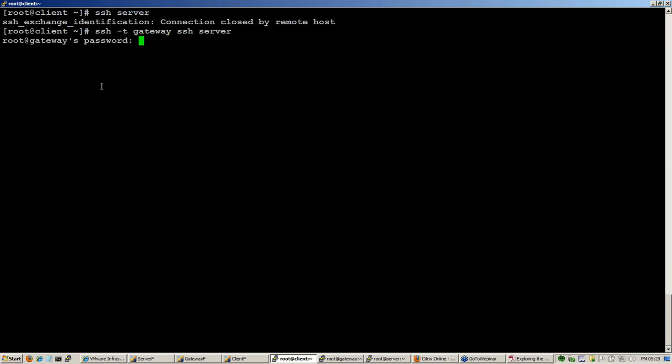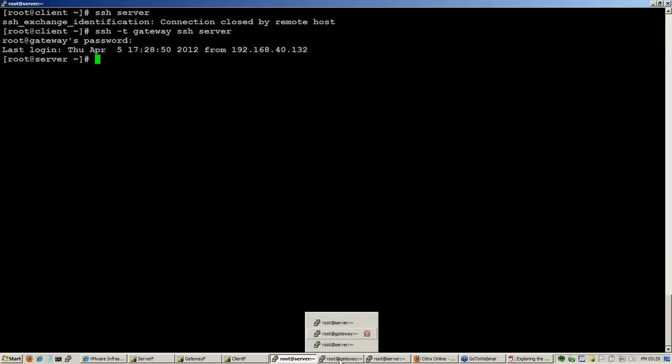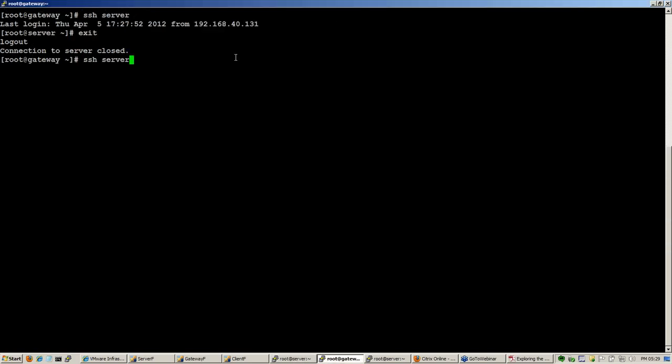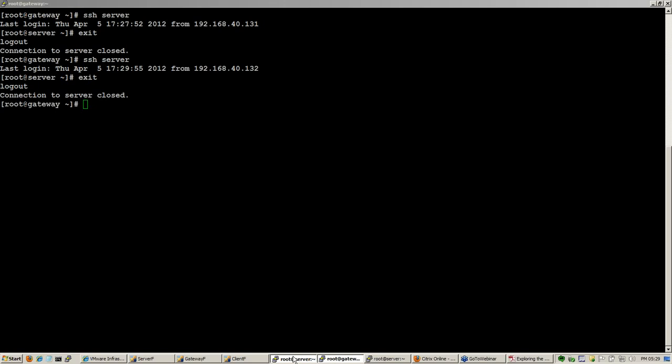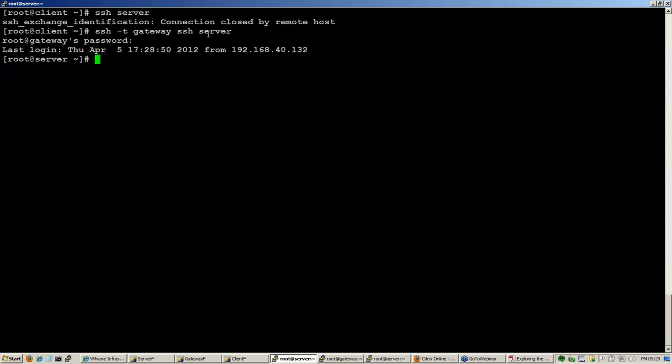It asked me for the gateway's password, and since there is already trust between the gateway and server, it did not ask me for the server's password. If you remember, I created a key in the gateway with an empty passphrase to log into the server directly like this. So because of that, I have not been asked to type the password for the server, but still